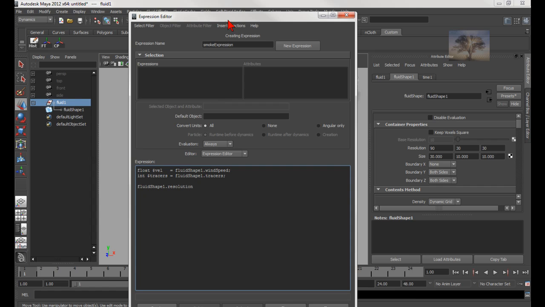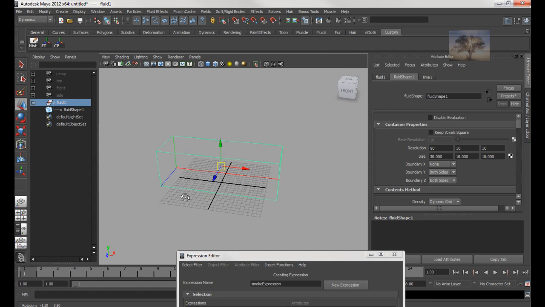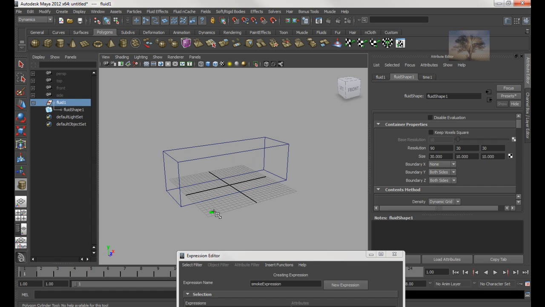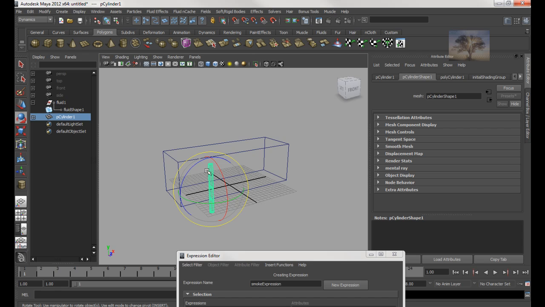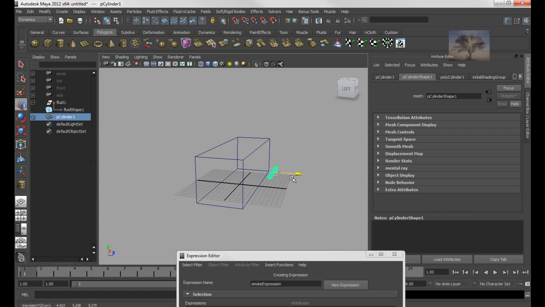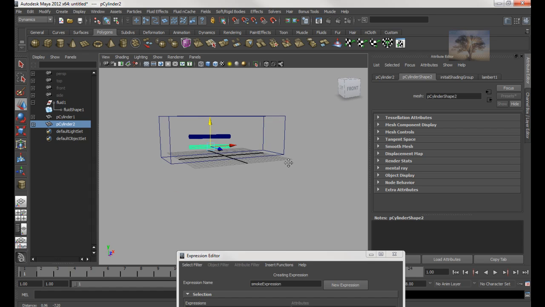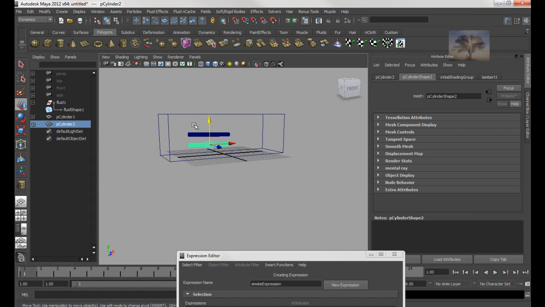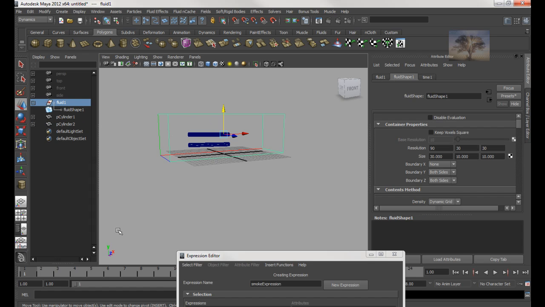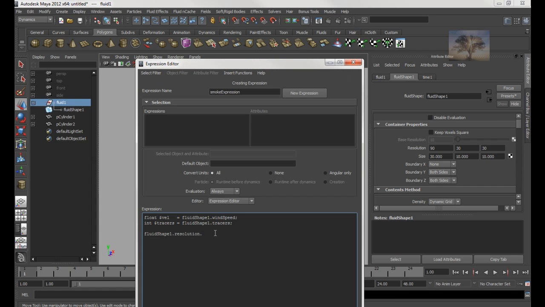Okay, since I want it to be, let's say, let me create a polygon sphere. Let me rotate it. Okay, since I want the smoke trail to be along this way, like that. Let me duplicate one more time. Like that. I want the smoke trail to go along this way. Okay? So look at it, they are stacked horizontally up in the y-axis. Here, that's the y-axis if you look on here. So whenever you want to do the y-axis, it's going to be the